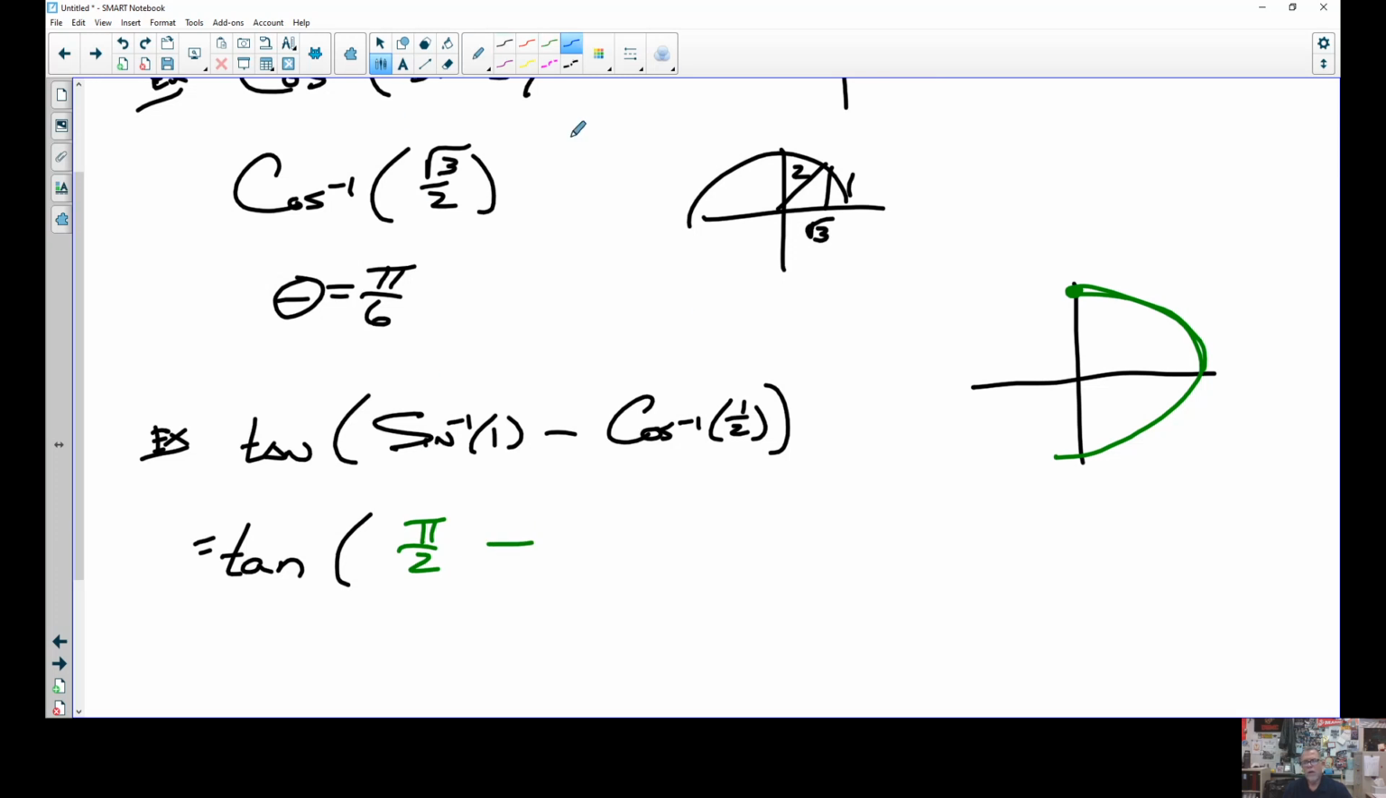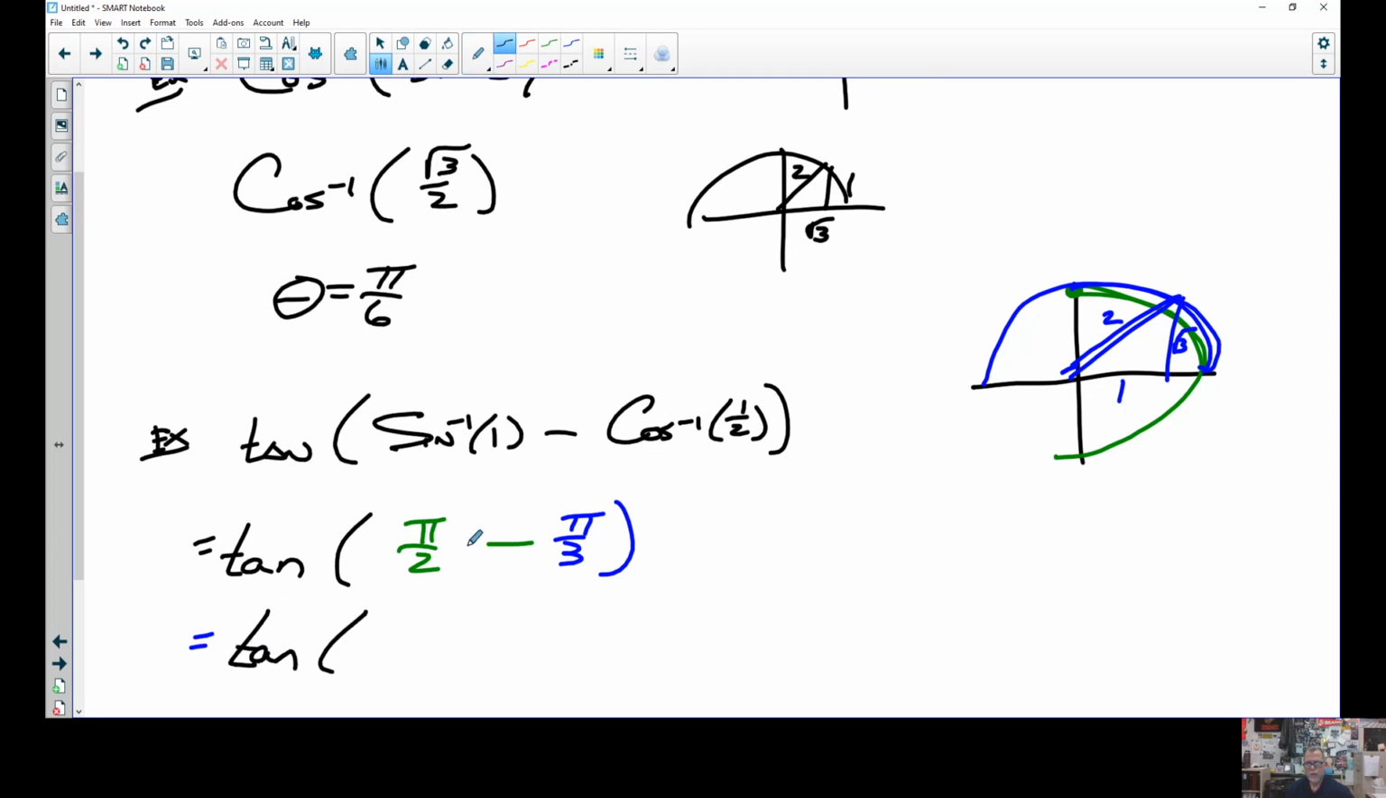Minus cosine inverse 1/2. Again, this is cosine of a positive 1/2. So cosine goes from here to here. Positive would be here to here. So the angle whose cosine is 1/2 would have an adjacent side of 1 and hypotenuse of 2. So that's going to be pi over 3, right? 60 degrees. So that's minus pi over 3. And that would give us